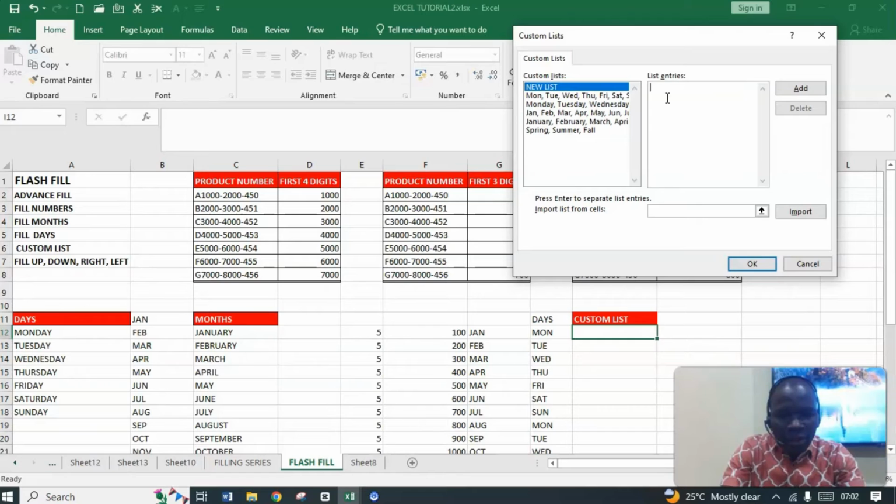For instance, if the first name you have is James, you put a comma, you have John, comma, Gabriel, comma, Victor, comma, Joshua, comma, Israel,